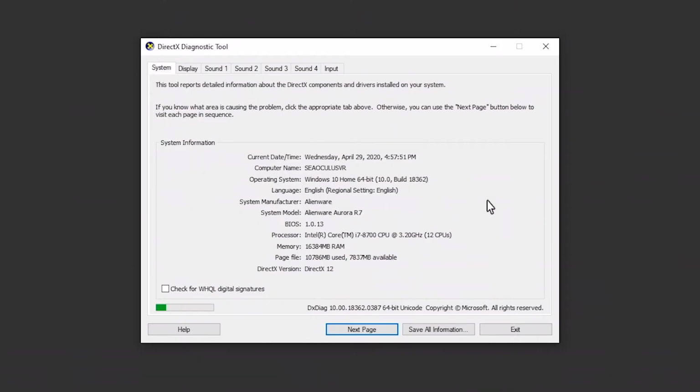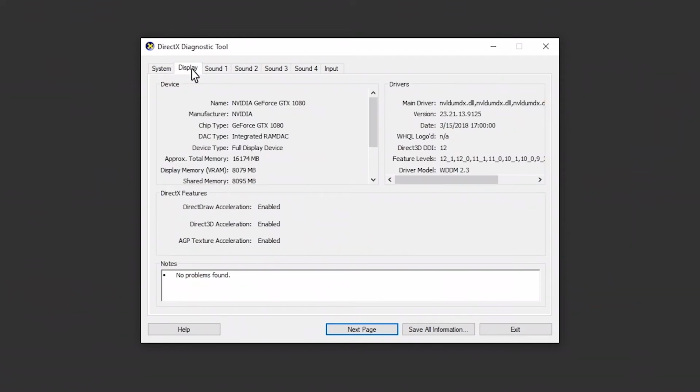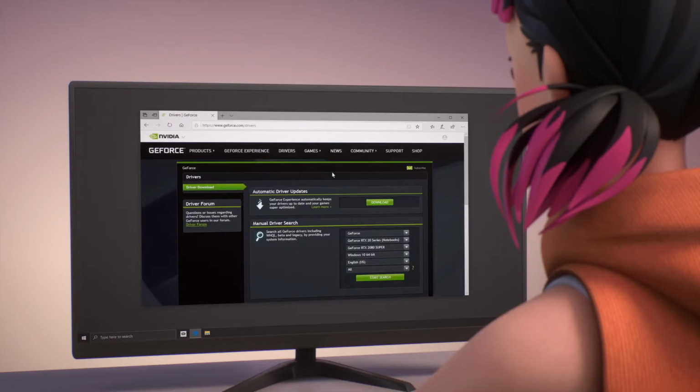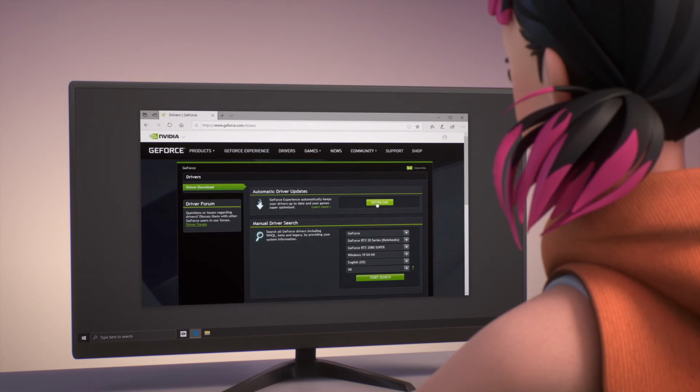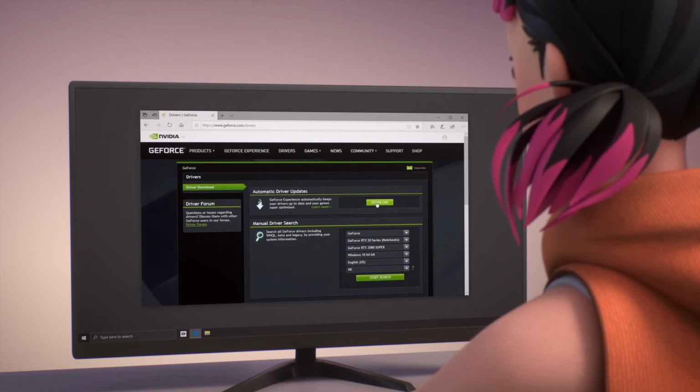This will call up the DirectX Diagnostic Tool window. From there, click on Display, and the graphics card details will be shown. Once you know what kind of graphics card you have, find your manufacturer's driver download webpage to download the latest